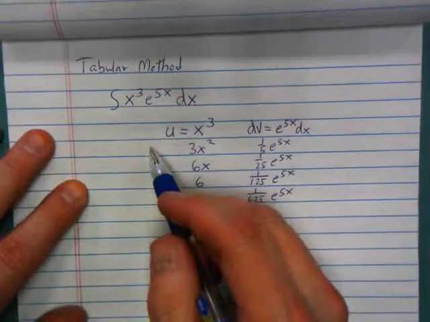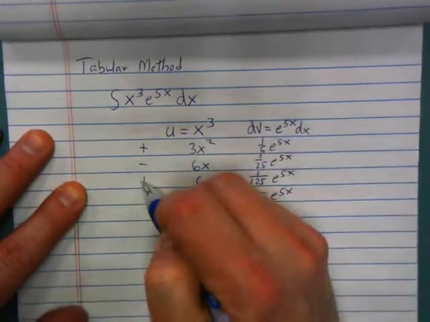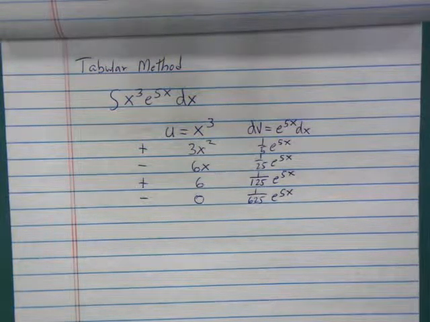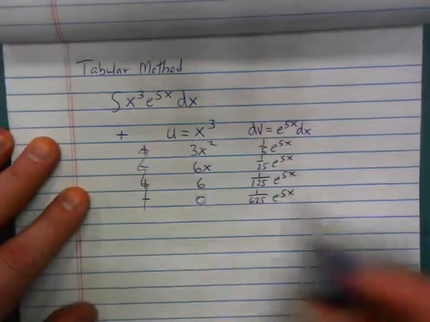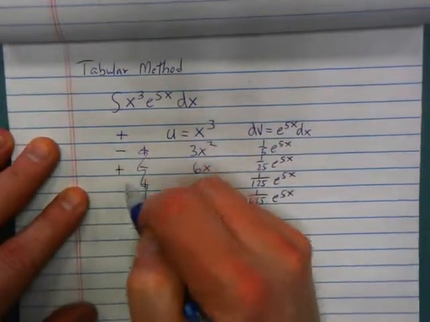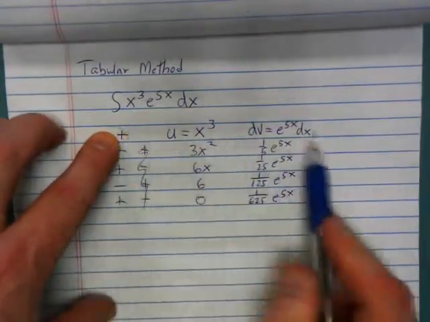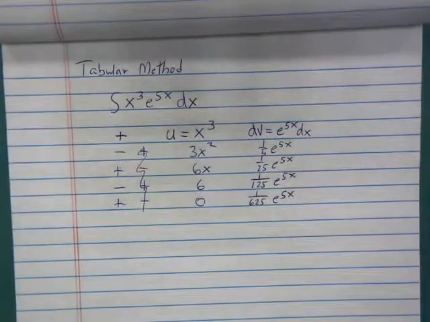All right, and then you come over here to the left-hand side and you write plus, minus, plus, minus. Why plus, minus, plus, minus? Oh, you know what? I started in the wrong spot. The plus should have gone where the u is. Plus, minus, plus, minus, plus. You always start at the top, where the u is. Why do the signs change? Why plus, minus, plus, minus? Because